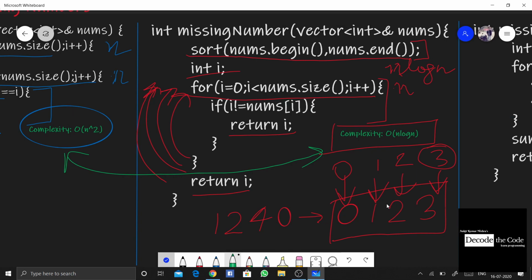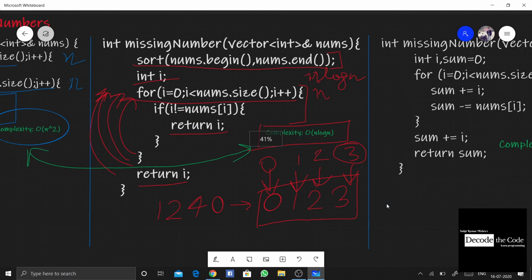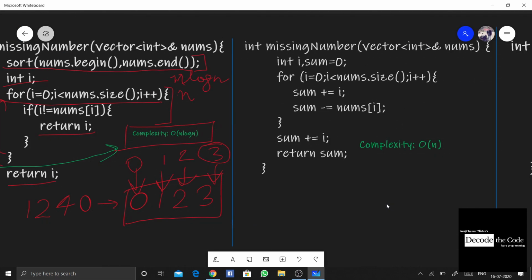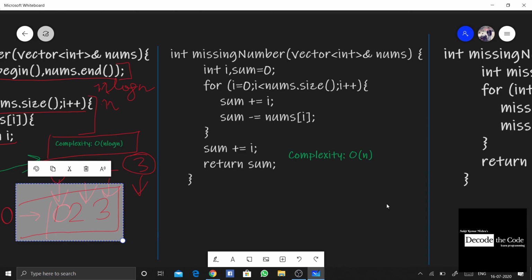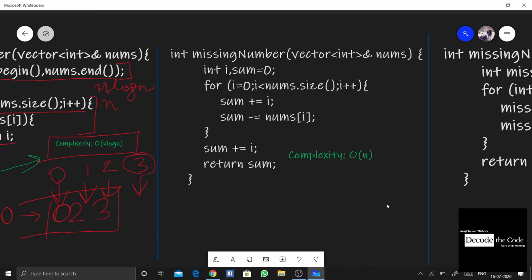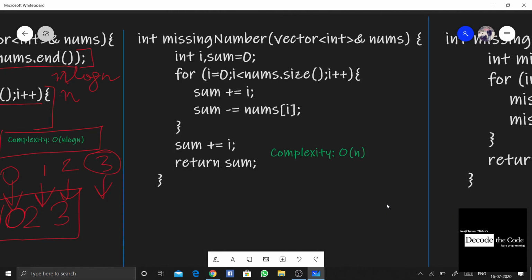So what could be done? Now we'll be using an approach that came to my mind: why not use a variable to store the sum of all i, that is the range 0 up till n plus 1? Whenever I say i, what I mean is 0 up till n plus 1. And the elements of the array will definitely go only up till n. Indexes will go only from 0 up till n. Just don't worry about the index, that will slightly confuse you.